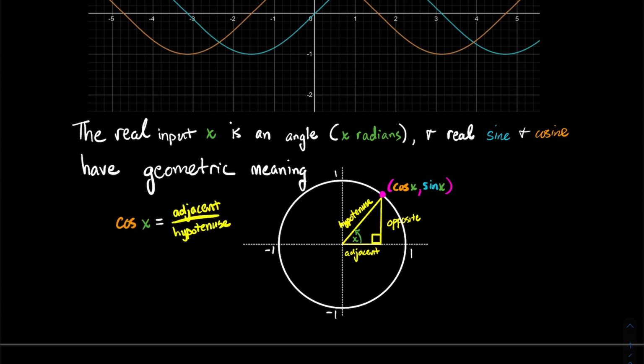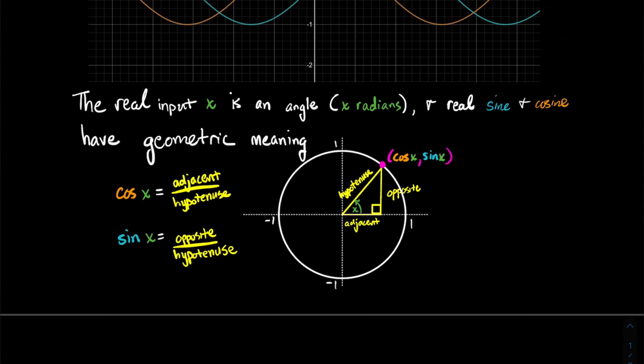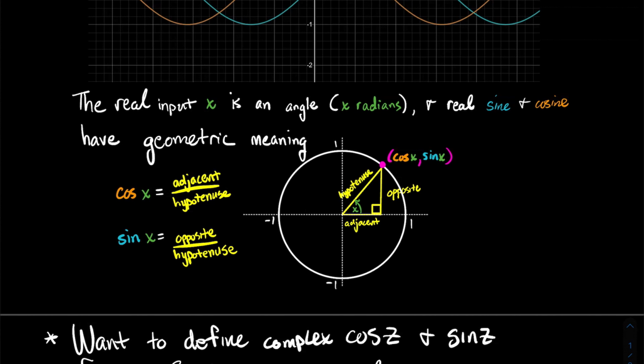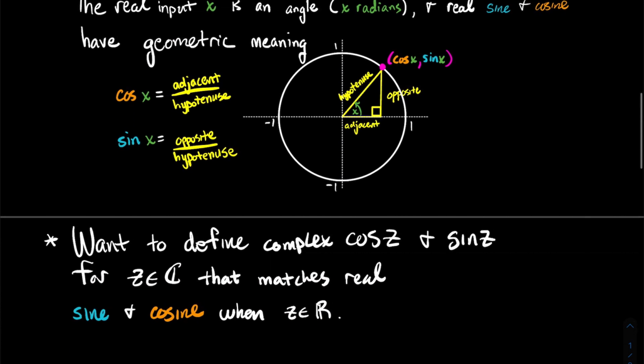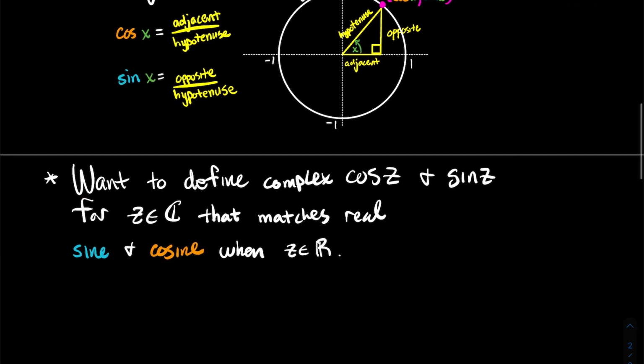And cosine of x then would be the ratio of the adjacent side of the triangle, where by adjacent I mean adjacent to the angle x, divided by the hypotenuse of the triangle. And sine of x would be the side opposite the angle, divided by the hypotenuse. So I've got this nice geometric meaning for what real sine and real cosine represent when you think about the input x as radians. Now what we want to do is try to define complex cosine of z and complex sine of z,